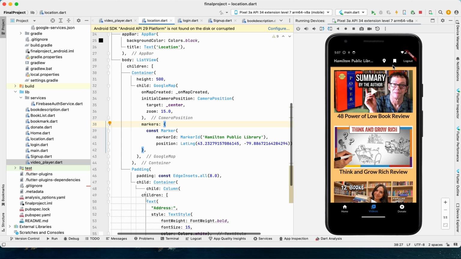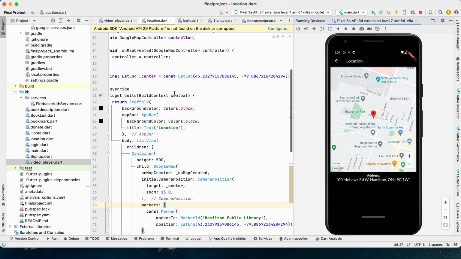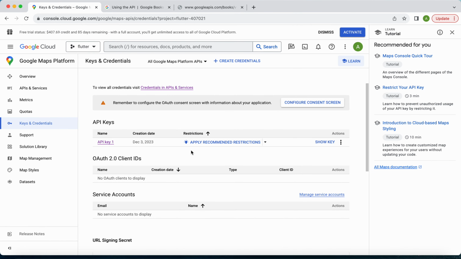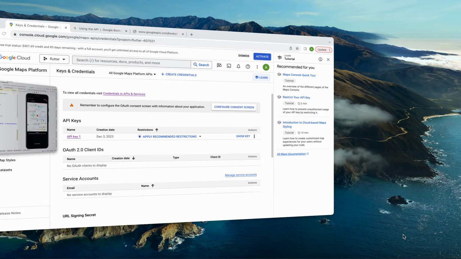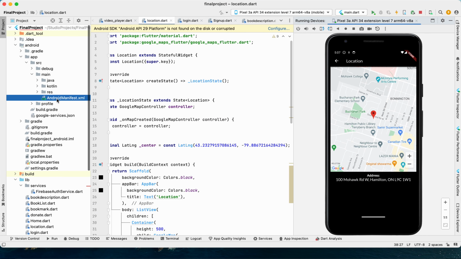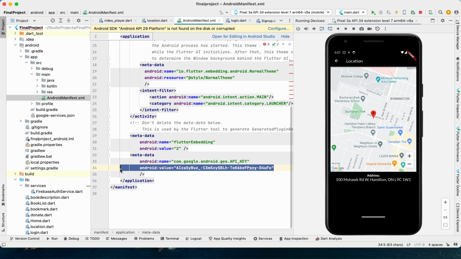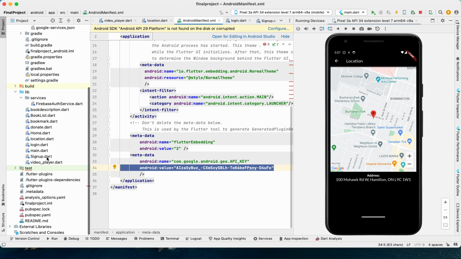For the location functionality, I'm using Google Maps. I created one API key here. I'm using the Google Console, and in it I have created one project called Flutter, and this is the Google Map platform, and I have created this API key, and I use that API key in the AndroidManifest.xml to define my metadata. As you can see, I have defined the API key over here, and I'm using it in this